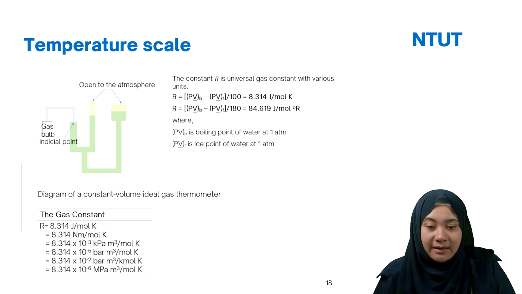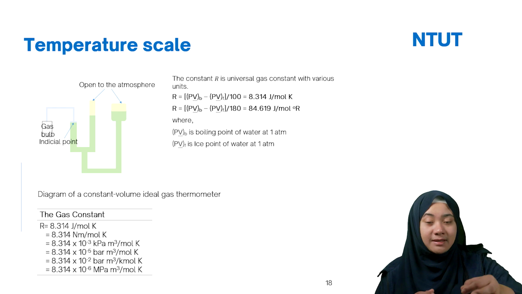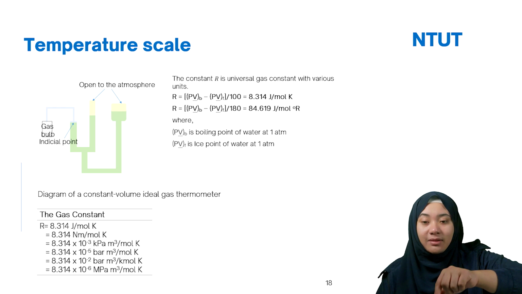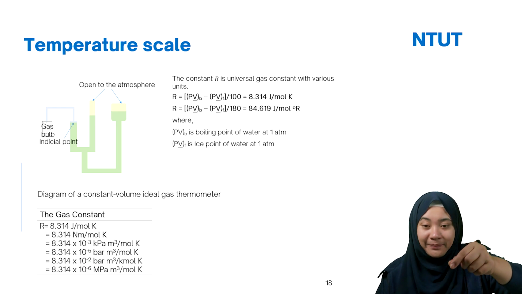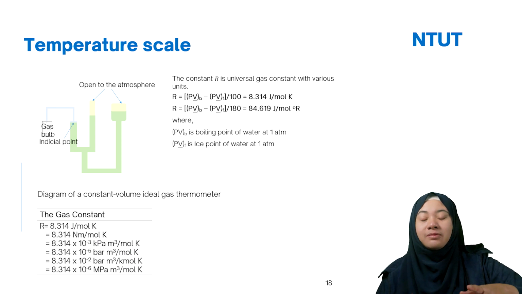So for example, here you have how to calculate the gas constant. PV in here we have the B, which means when the water starts to have its boiling point, and then the F in here is when the water starts from the ice point, and divide by 100. This is similar to when you want to calibrate a thermometer. You put your thermometer into the hot water and check whether it is 100 or not. If not 100, it means broken. And then when you put it in the ice, is it zero or not? So this is how we calibrate the equipment.